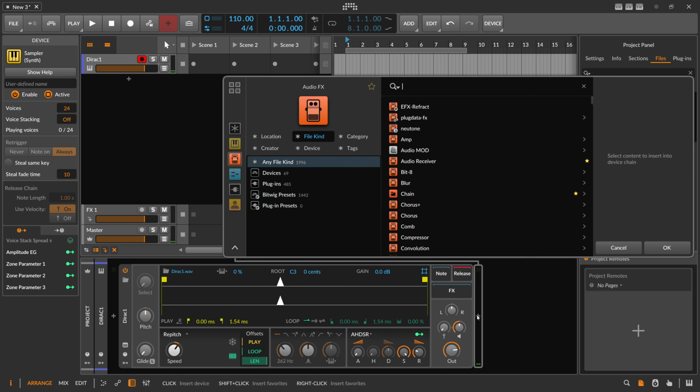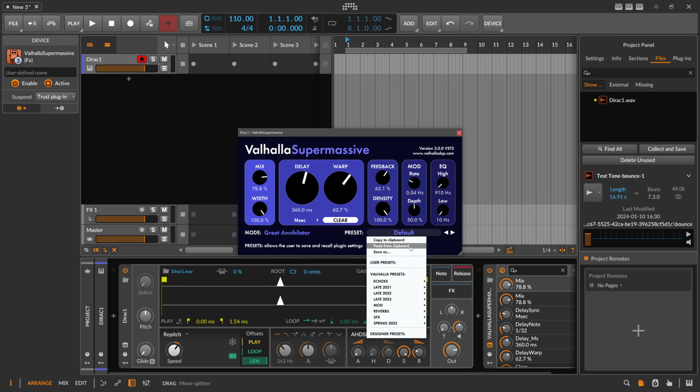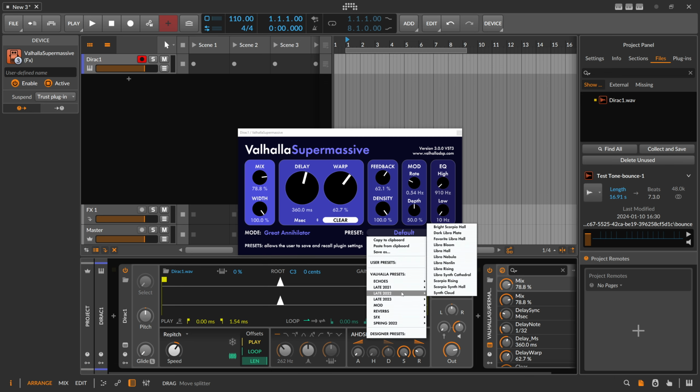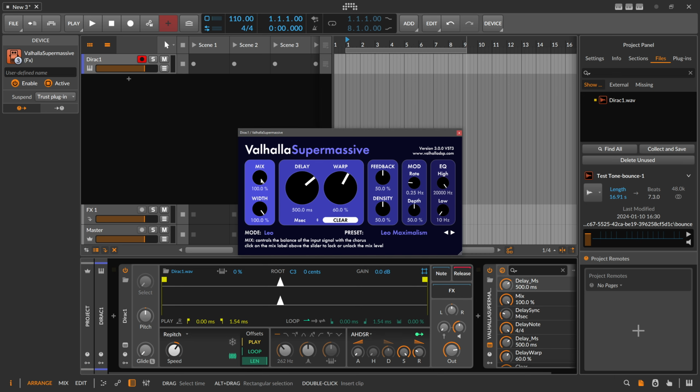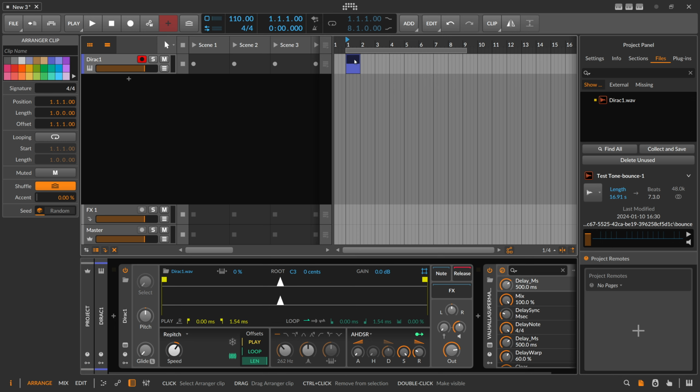And we want to use here a supermassive reverb, because we want to sample actually or capture the essence of the supermassive. So we use here a preset, let's say Leo Maximalism. The mix is also 100%. I do this all the time when I capture reverbs. I use the mix at 100% because I want to dial the dry and wet signal then on the convolution itself, not in the IR response. So here it's 100%. Now I create here a note clip,